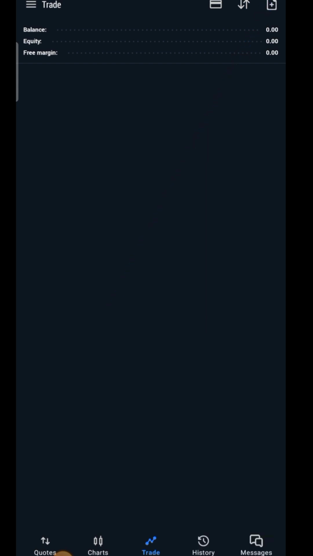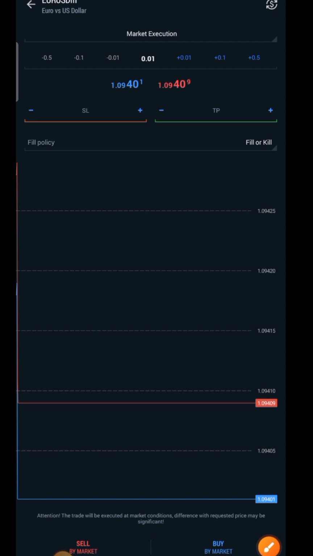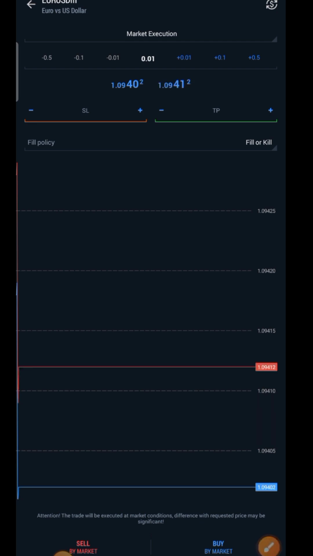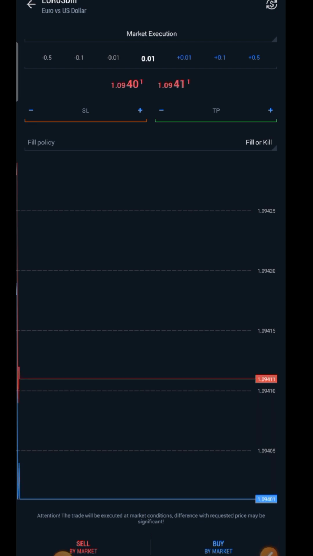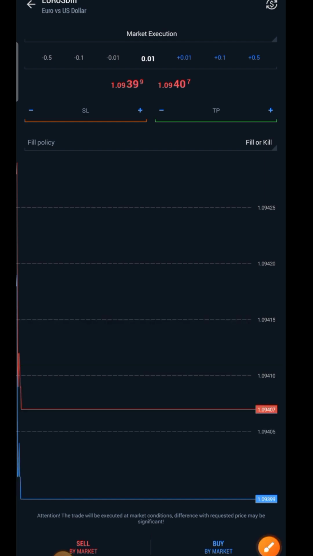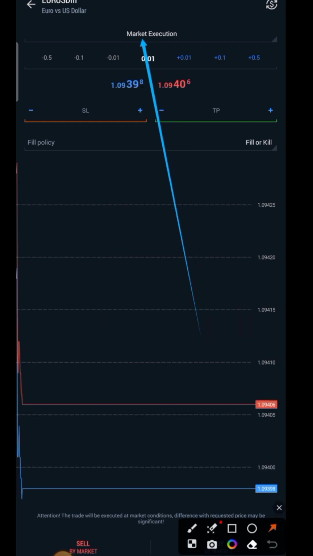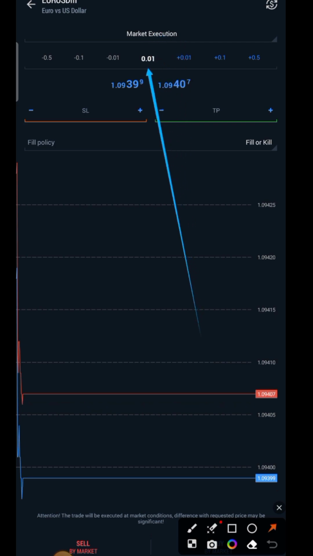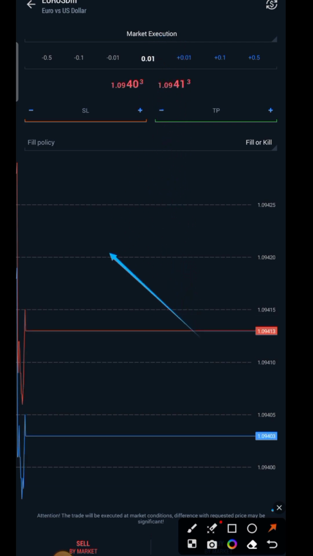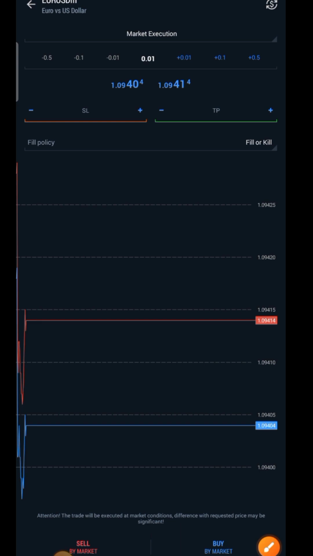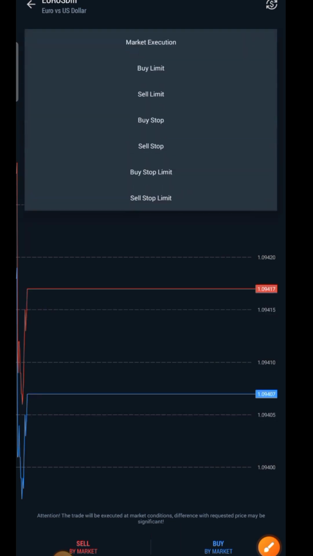Please just tap it, you will see. I've not funded the account though. This is the account I'm going to use for the $10 challenge. So when you get here, you see this market execution. Tap on it. When you tap on it, you see there are tons of